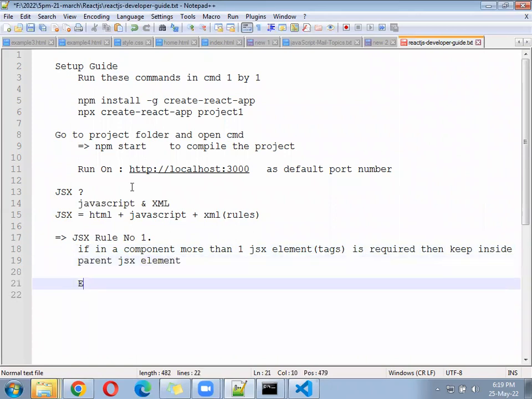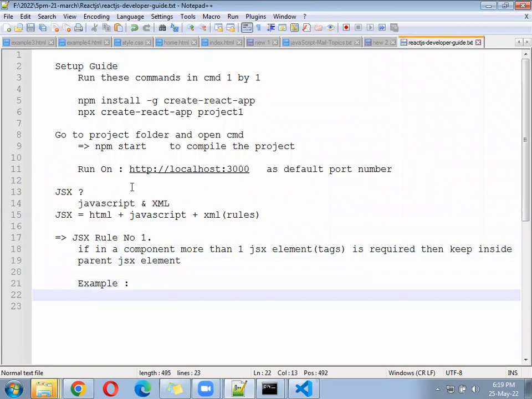Example: suppose you printed an H1 and it was working. Once you added the paragraph, it threw an error because it was failing the rule of XML, and your JSX is a combination of both.